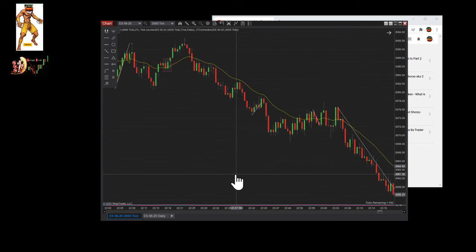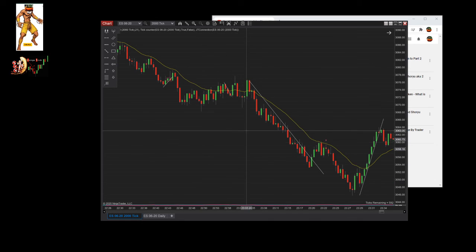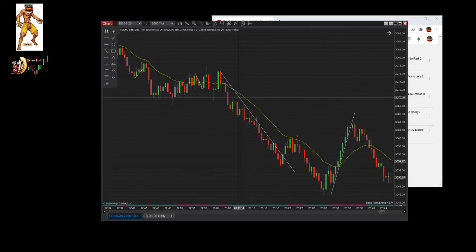I'm trying to find a two-legged move. Okay, so this could have been one of them. So you have the short-term trend line over here. Then you have the opposing. Every time, for the short-term trend line and opposing, what you want is to connect as many candles as possible. So the minimum is 3. If you have only 2 candles, this is not your short-term trend line, right? Your short-term trend line is this. You need at least 3 candles to connect.